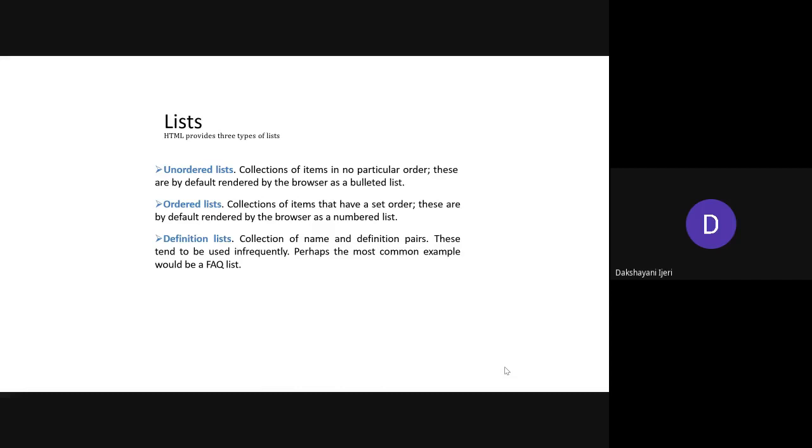So you tell me, what is an unordered list? These are very generalized terms which you use in your daily life, not only for study purposes. Whenever you want to create a list of anything, you might be creating a list of the things that you want to do today, the activities that you have already done, the subjects that you have studied, or the work that you have done and need to do. In order to do that, you have three types of list: the unordered list, ordered list, and definition list. So what may be the unordered list?